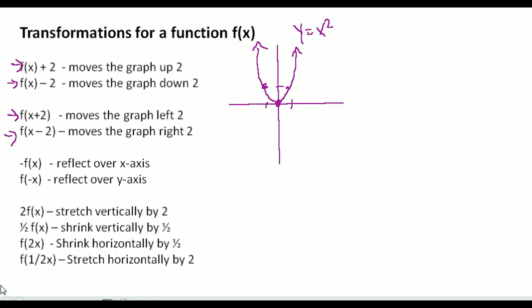Now we have negative. Okay, if there's a negative multiplied by your function, so in this case negative x squared, that is going to reflect over the x-axis or flip it upside down. So it's going to look like this instead. Again, anything happening on the outside affects our y values, so it makes all of our y values negative, or the opposite sign. If it's inside the function, and that would look like this,